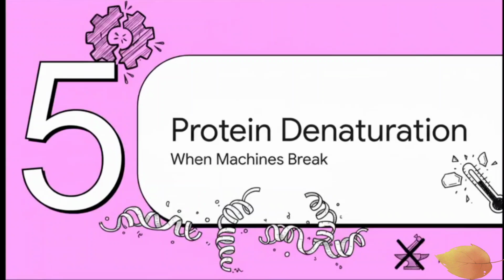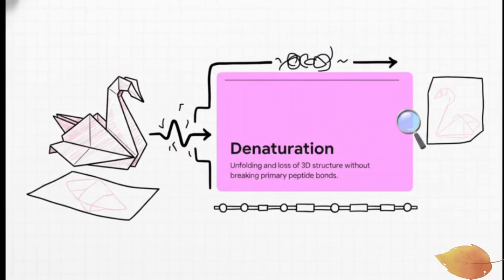Finally, let's look at Section 5, Protein Denaturation and Damage, when the machine breaks. To explain this topic completely, we really have to look at what happens when this delicate architecture fails. The formal term for this failure is denaturation. Denaturation is essentially the unraveling of that precise 3D shape, meaning the protein totally loses its secondary, tertiary, and quaternary conformation. But, and this is a really key point, it keeps its basic primary chain intact